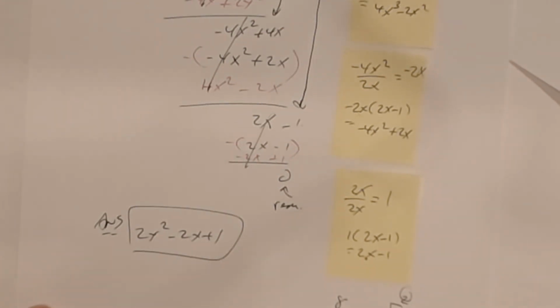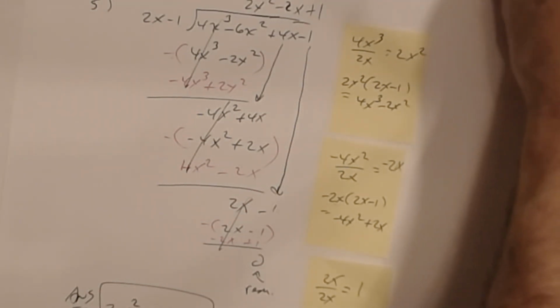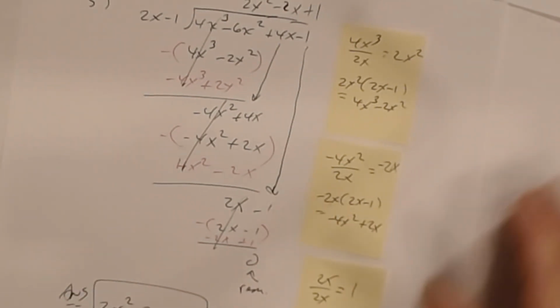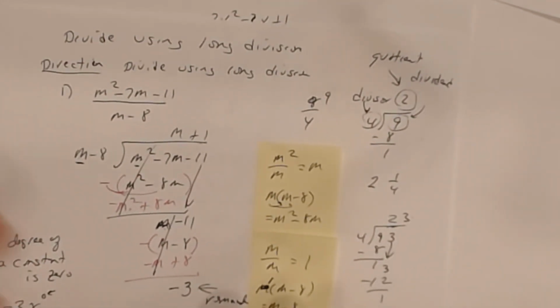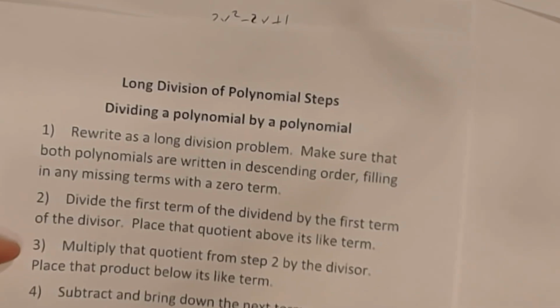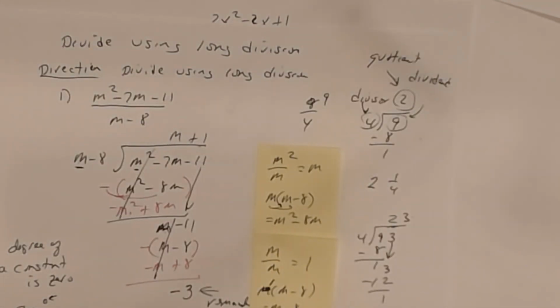That's it. All right. So I know I went over quite a bit, but I just wanted to do as many of these as possible so that way you have the review and then you have some more problems that were done in the lesson. So that's dividing using long division. It does help though if you have this in front of you as you work through the worksheet on this. Okay? All right, so let me go ahead and turn this